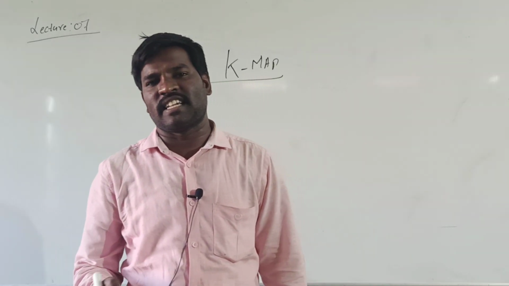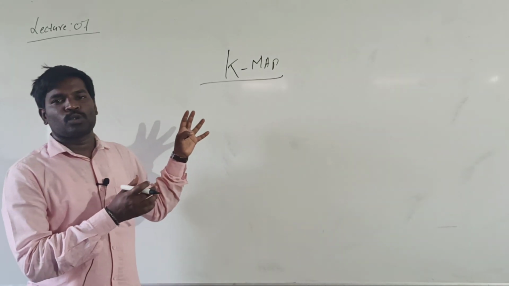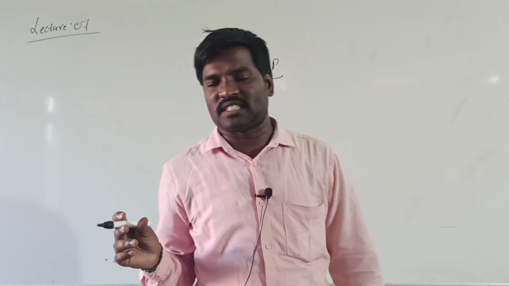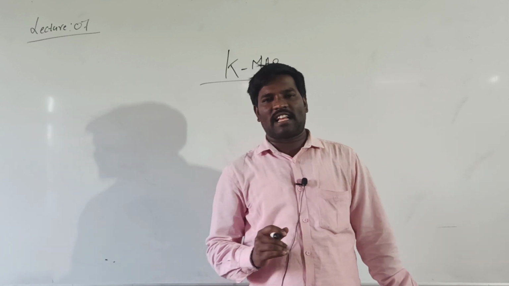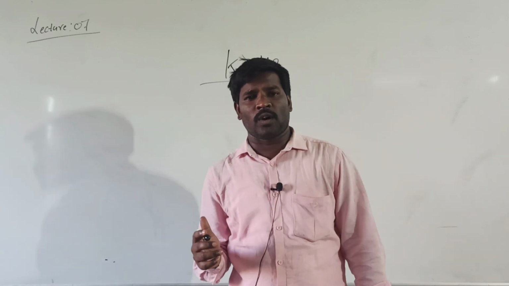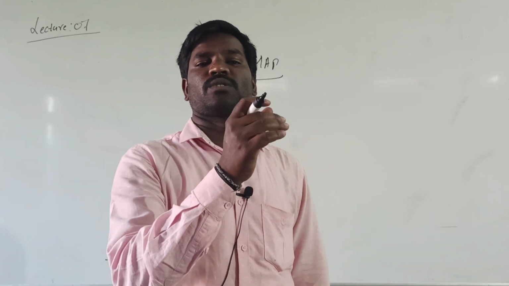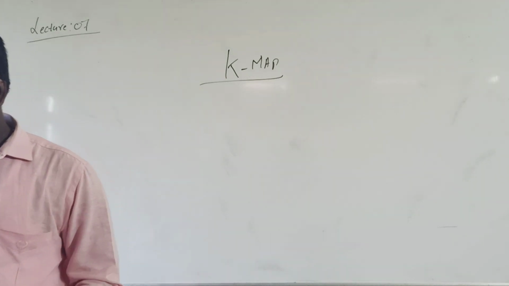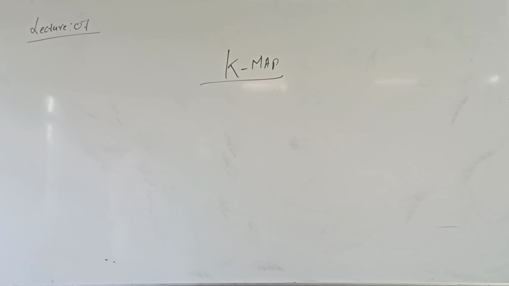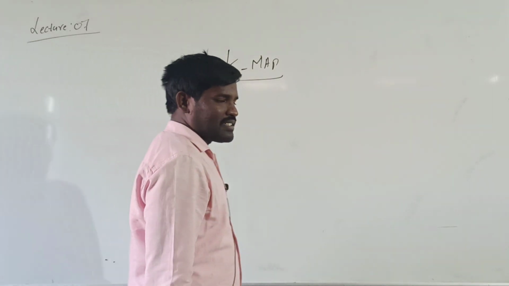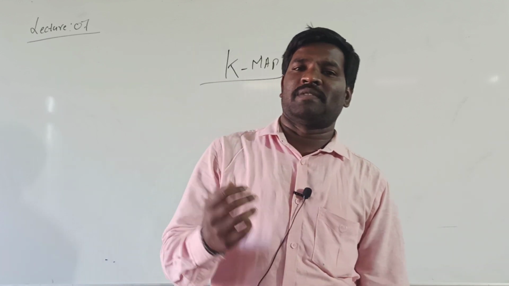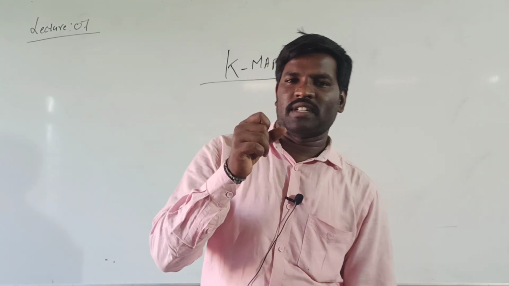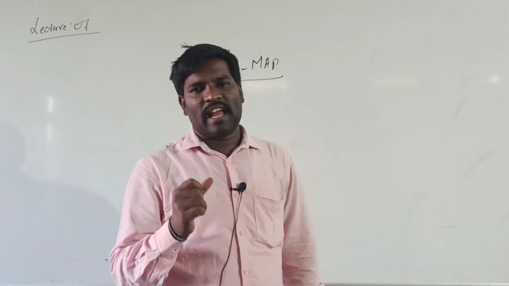We have to represent the expression with some truth table, some graphics. It is a diagrammatic representation. With the help of that representation we have to reduce the given Boolean expression. I already said that with the help of Boolean laws it is also possible to reduce or simplify the Boolean expression. Another way is using the K-map. In K-map there are so many types: 1 variable K-map, 2 variable K-map, 3 variable K-map and 4 variable K-map. The 4 variable K-map is very important for reducing the expression.